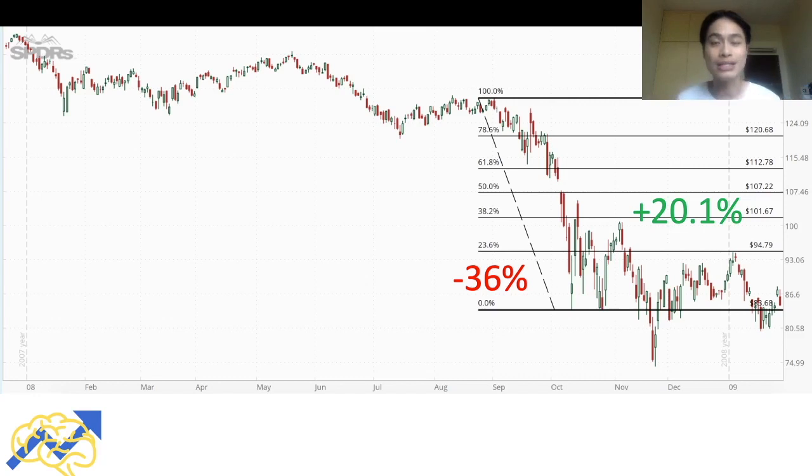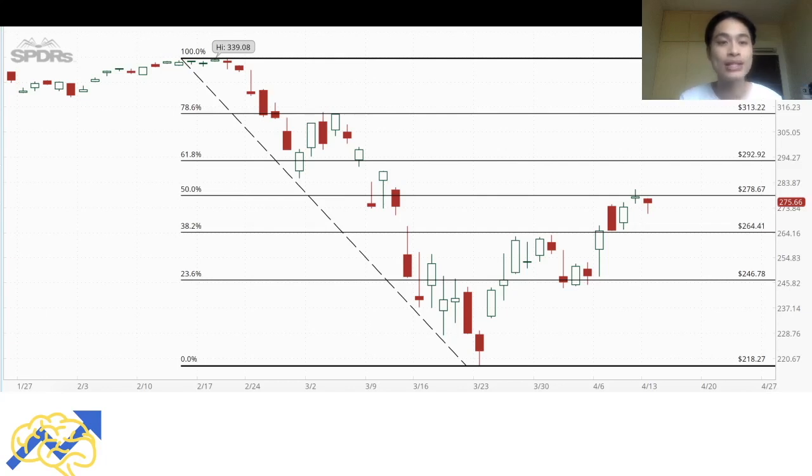So now we are in 2020. So let's take a look at how prices are playing out currently, right? So we take the high at this point here and take the low. So this was the crash phase of the 2020 market crash, right? So prices declined by 35.6%. So after this crash phase of the bear market, how much did prices increase during this bull market rally, right? So calculating, it increased by 27.7%.